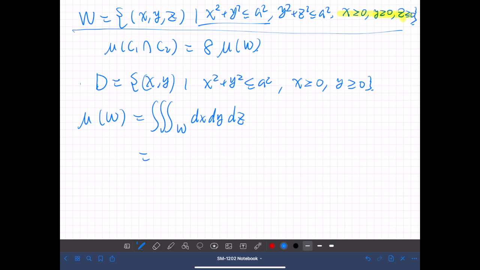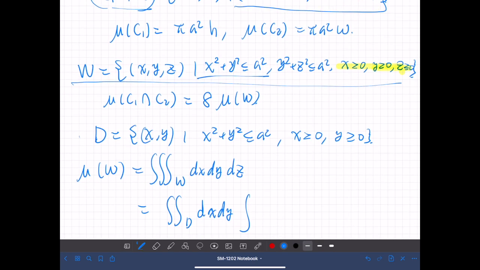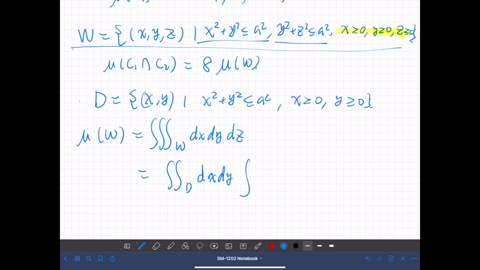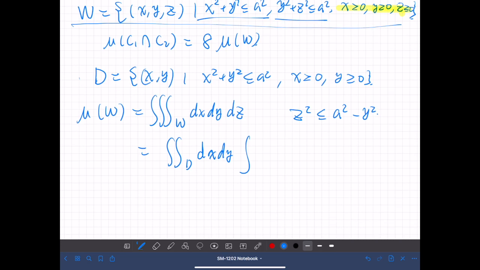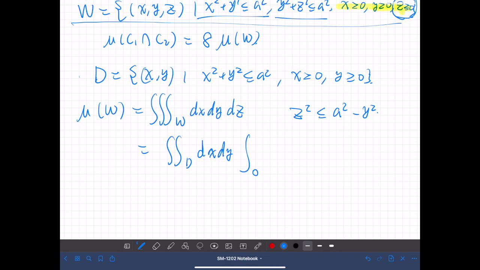So first we calculate the double integral, and for the value of z, let's see, z is less than or equal to the square root of a squared minus y squared, and z is non-negative, so from 0 to square root of a squared minus y squared,